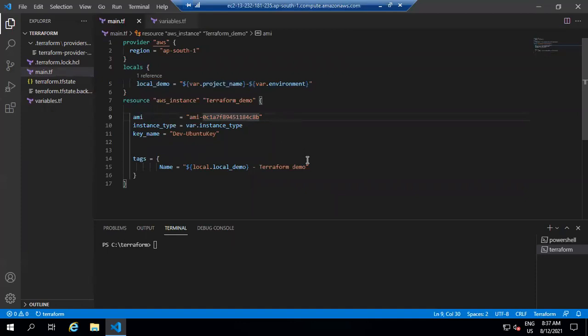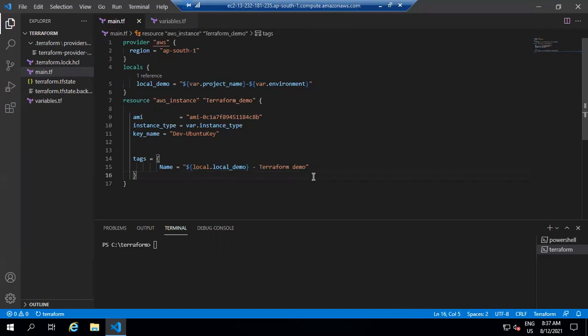So you can see in tag here, firstly I assign dollar and then curly brace and then I define local dot then your variable name, that is local underscore demo.